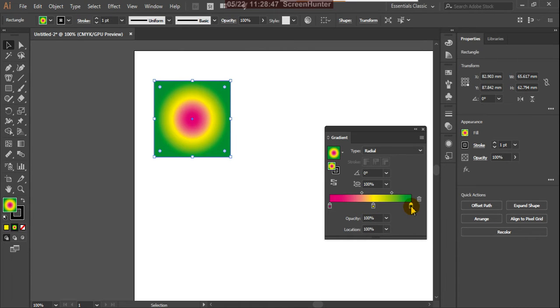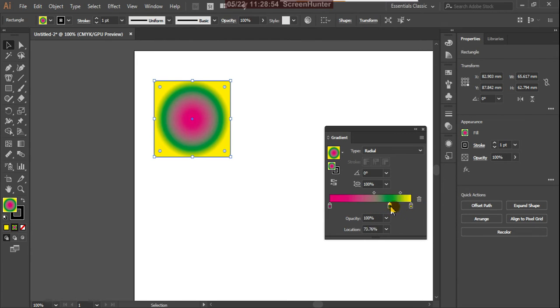And suppose this green, you can drag this and move it to that side. So we are changing the color gradient slider. And you can even move this and adjust as per your requirement.